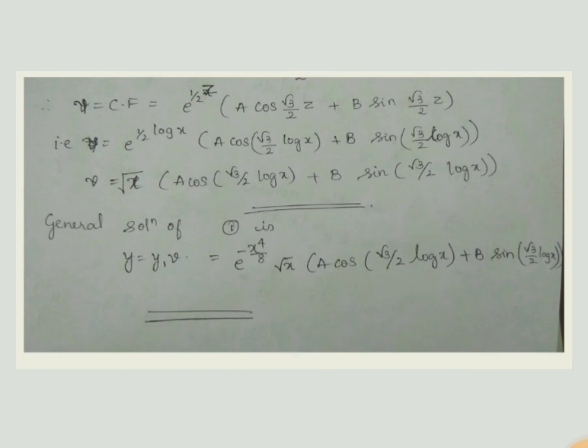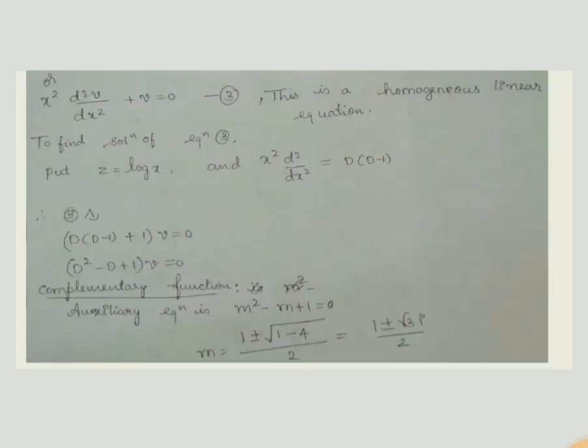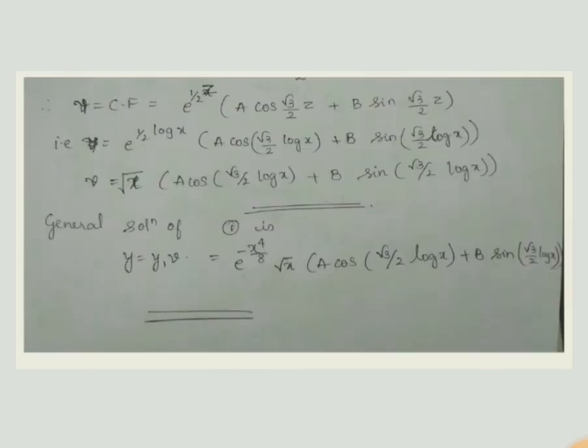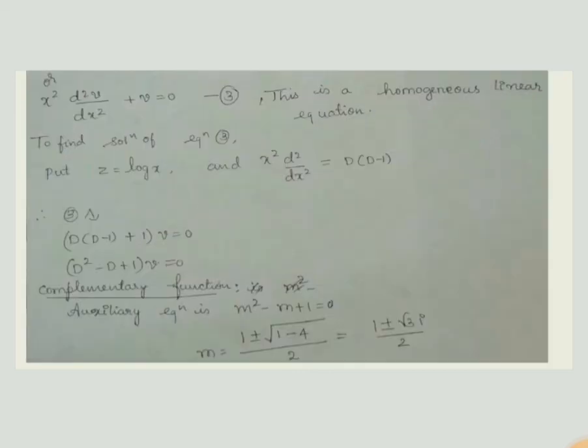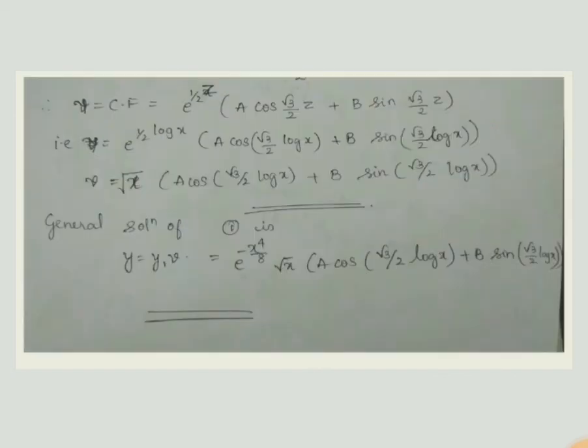Okay. So now v is equal to complementary function. Observe that we have now complex roots. So at that time formula is e power alpha z. Here I will write z because I took x is equal to log x is equal to z. So this is the function of z now. Alpha is a half, that into a cos root 3 by 2 into z plus b into sin root 3 by 2 into z. So now v is equal to e power half into z, z is log x, a into cos root 3 by 2 log x plus b into sin root 3 by 2 into log x.